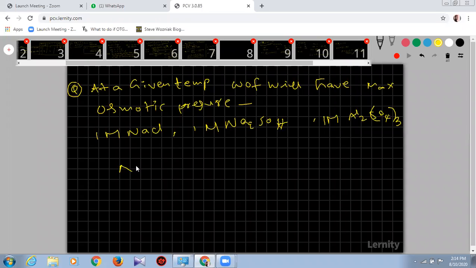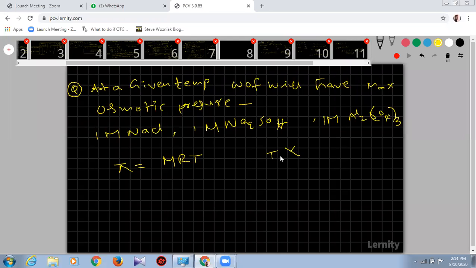So generally, what is the formula for osmotic pressure, before discussing the van't Hoff factor? Pi is equal to MRT. Some people write CRT also. I'm directly taking M, which means molarity. Don't take normality. Don't take any other concentration method like weight by weight, weight by volume, volume by volume. Only molarity you should take. Here, apply this formula. The temperature is the same.